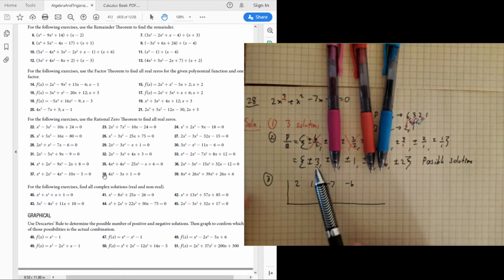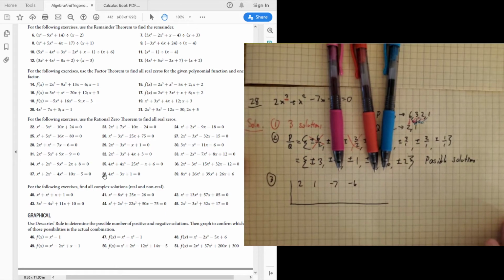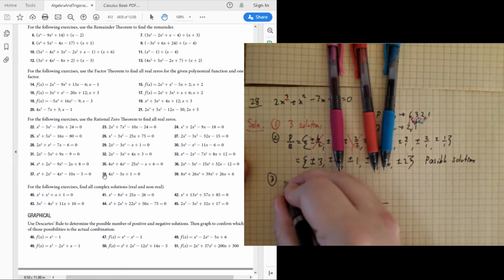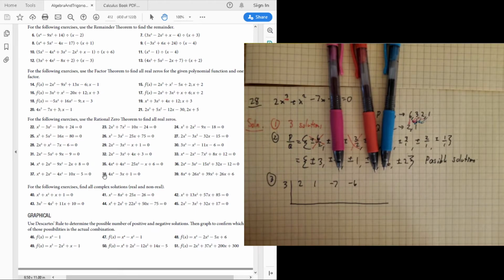Now, if I try 3 and -3, 1, -1, 2, and -2, and none of them work, then I'll go back and try those. Don't get me wrong, I will go back and try those eventually, but this is not a good place to start. Now, at this point, I'm going to show you my shorthand for this. I'm going to try 3. Let's see what happens. If I'm lucky, maybe it'll work out right away. So when I try 3,